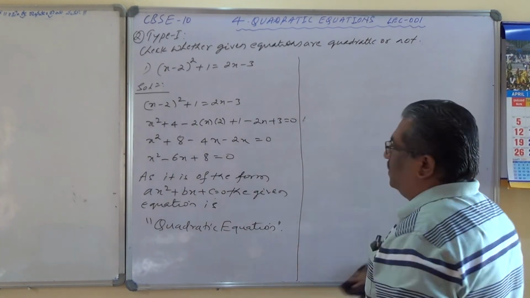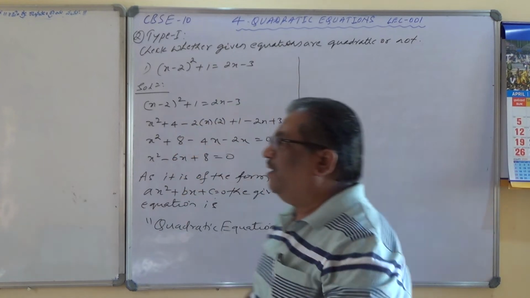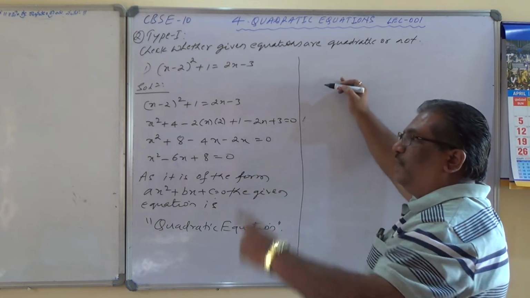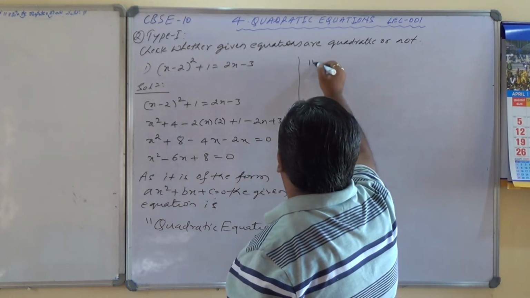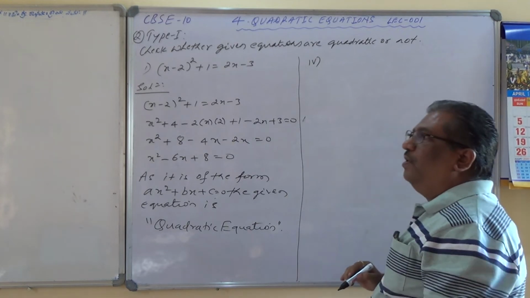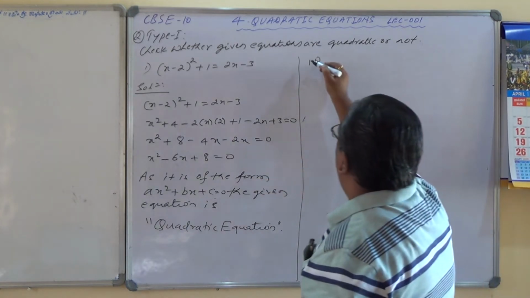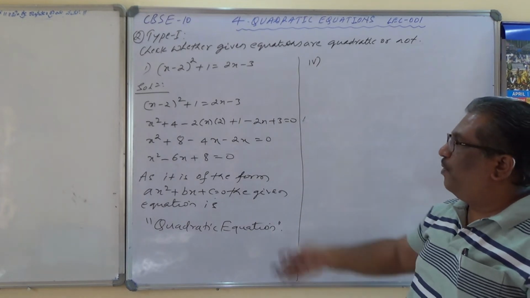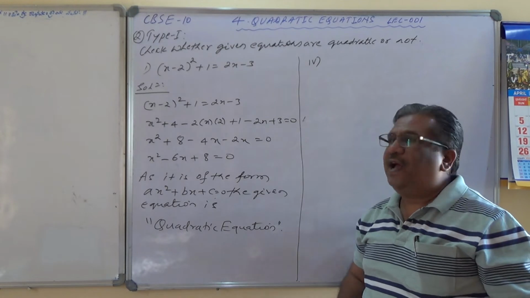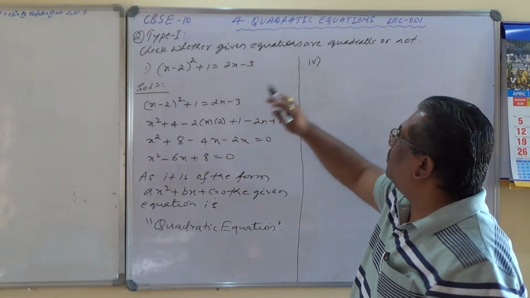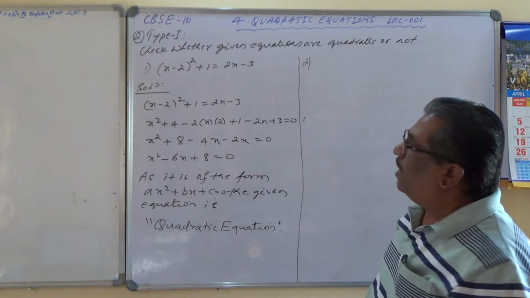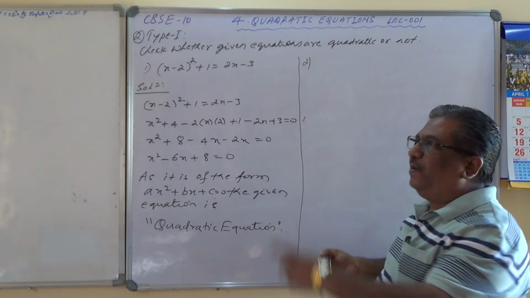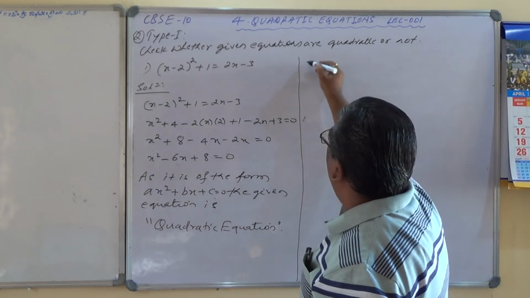So the meaning here is, try to express in the standard form and try to find out. For first one, second one, it is example 2 in your textbook. Fourth one, I will put the same serial number for your understanding. Example number 2 and fourth question. Don't bother about these serial numbers. Serial numbers will not make any difference here. Important is the content and the type of the numericals. I can put the sequentially the same numbers. So first I have solved here, then I can put the second also. But for your information, if I put the same number, the traceability will be there. I am solving example 2 of textbook and question number 4.